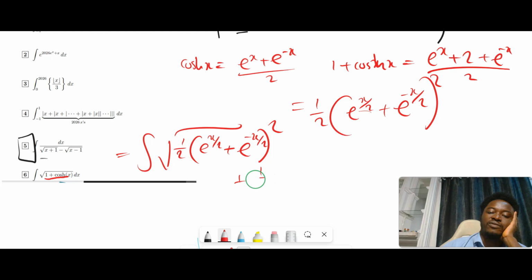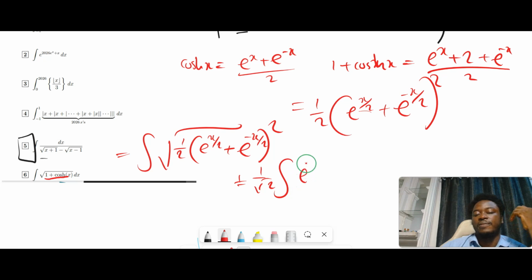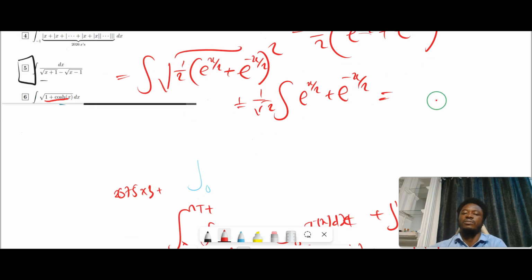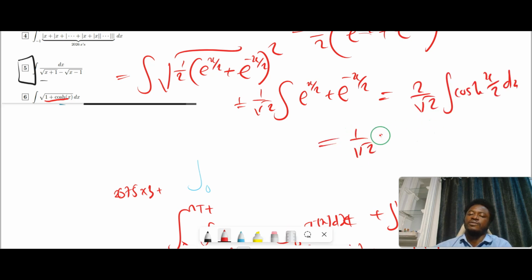So you have 1 over square root of 2 times the integral of e to the x over 2 plus e to the negative x over 2. I think that should be cos, right? That is twice cos. So this will be 2 over square root of 2 times the integral of cos x over 2 dx, and that should be 1 over square root of 2 times sine x over 2 divided by,